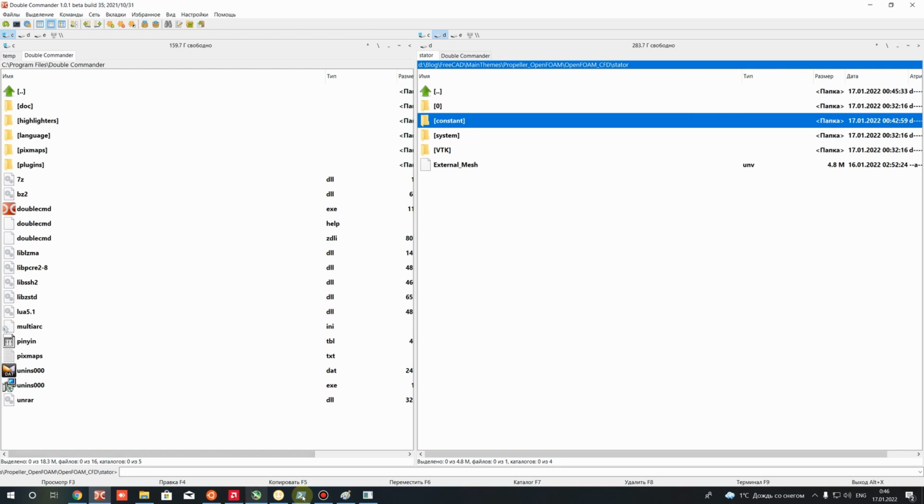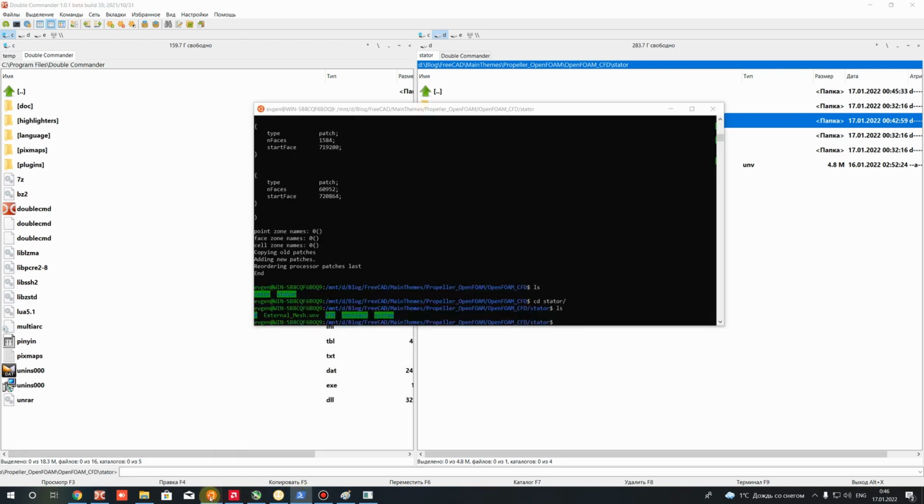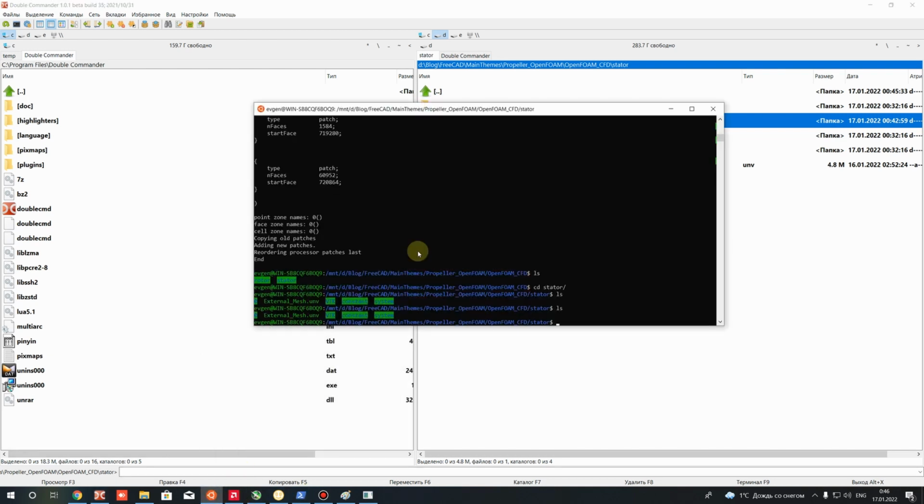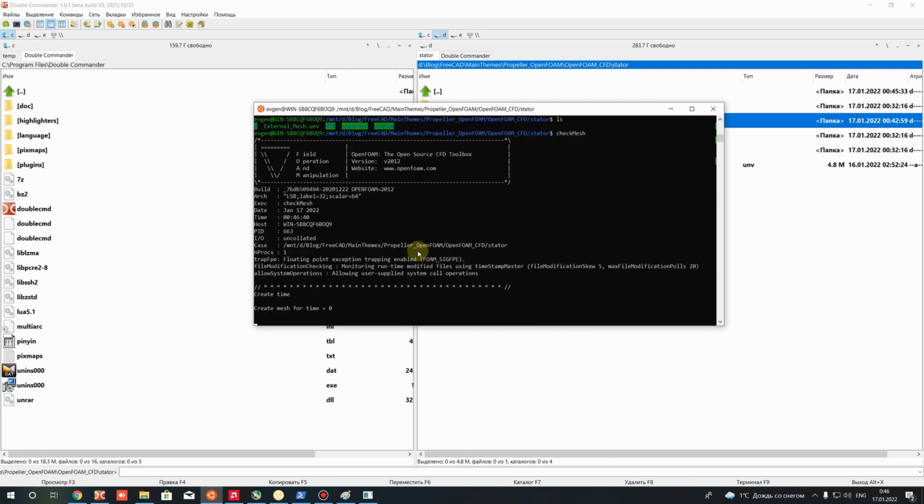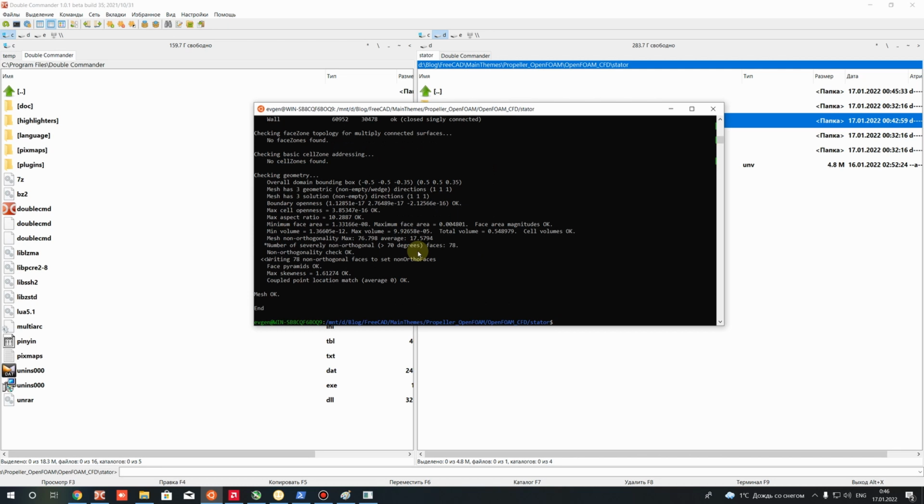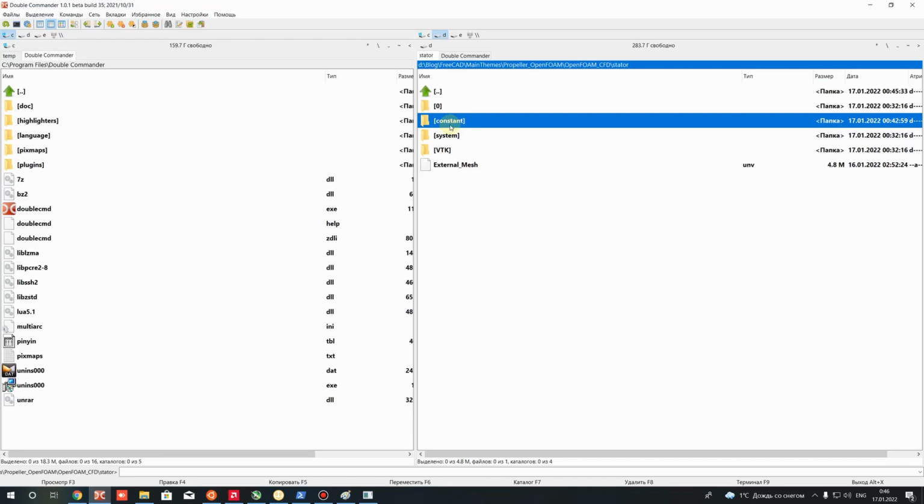Okay, after that let's go to OpenFOAM, click ls, and press checkMesh, and here we can see that our merged mesh is okay. After that we can also open and check the mesh